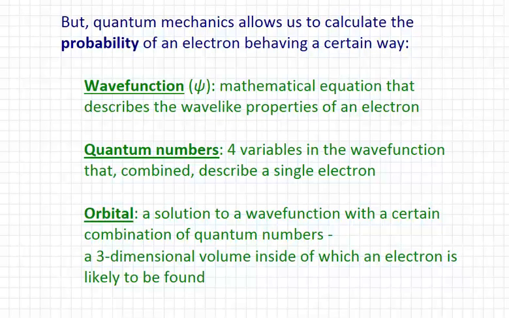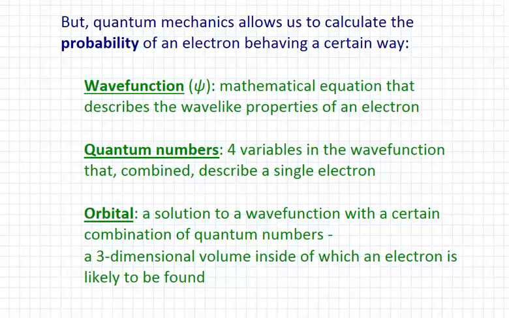So what's the use of it then if we can't know position and momentum at the same time? What can we know? Quantum mechanics does allow us to calculate the probability of an electron behaving a certain way. And that's entirely what we go off of now when we're talking about electrons, what the probability of an electron behaving a certain way is. Okay? So a wave function, that's a Greek psi. That's the symbol for wave function. A wave function is a